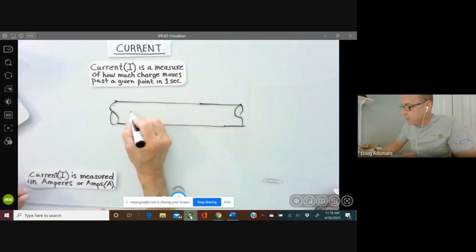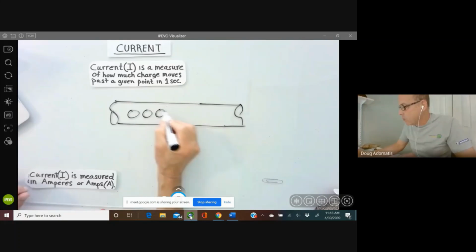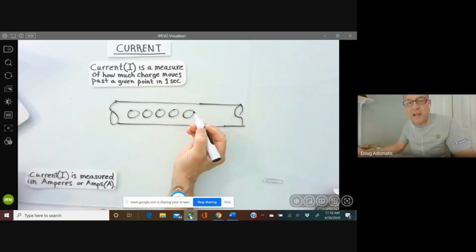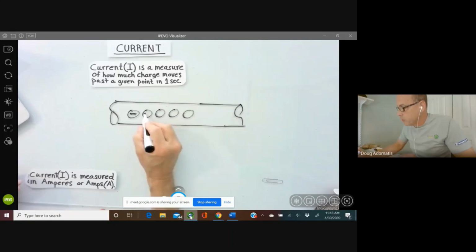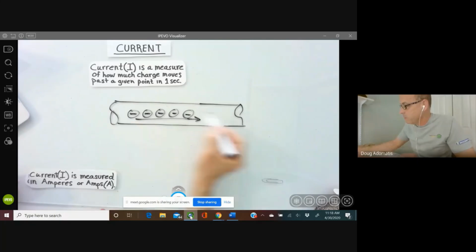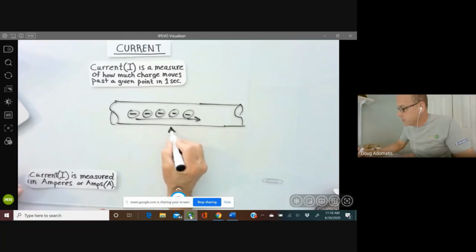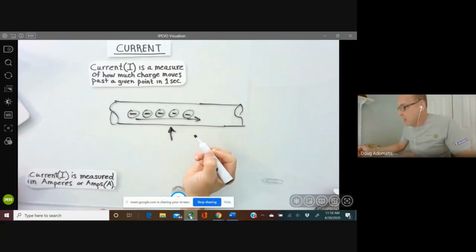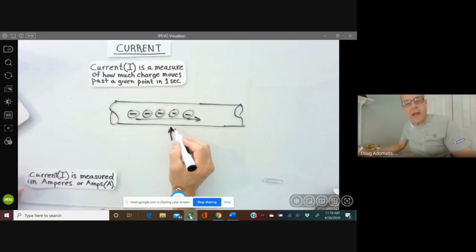And say we had some electrons in here that were moving along. So you know that electrons have charge, so it's a negative charge. And they are moving this way, right? We've got some coming in, we got some coming out. And if we were to just stop right here and say, okay, I am going to count how many electrons